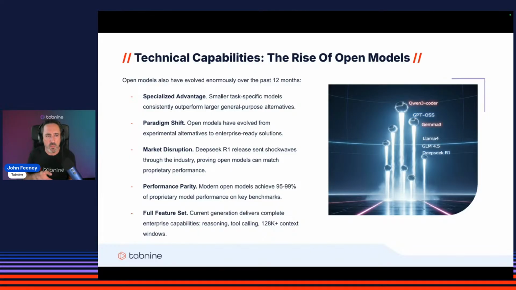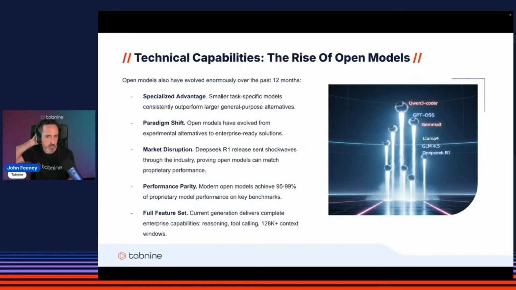But even back then, what we saw was that these smaller models, when they're specialized at certain tasks, were able to outperform these larger, more generalized models. And that's still very much true today. But 6 months is a long time in this space, let alone 2 years. What we've seen over the last 6 to 12 months has been really a sea change in the capabilities of open models. So I want you to cast your mind back to maybe 6 months ago or so.